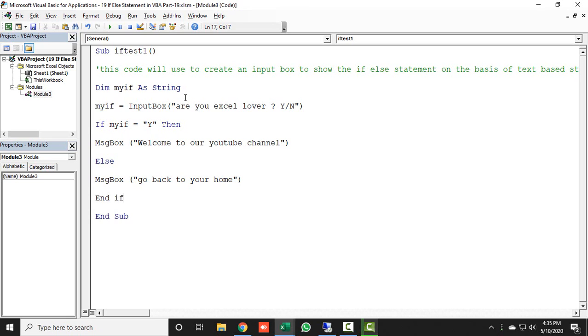So here I have used a text based statement in this coding. I have given the sub name, which is ifTest1, and here I am taking my myIf variable name, which is a string data type, and I have declared the myIf variable. For this I have taken an input box, and I am just asking the user, are you an Excel lover?